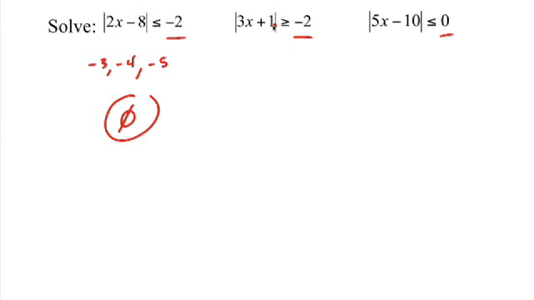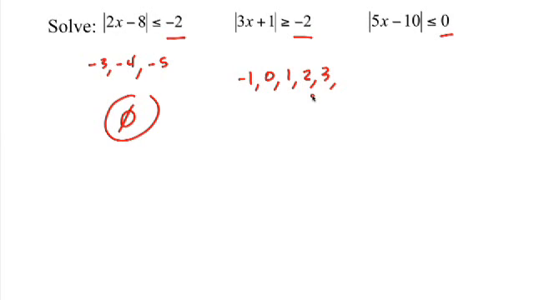Now, in the second one, you say the absolute value greater than or equal to a negative. That means it could equal, now I'm going to write negative 1. We know it can't equal negative 1, but think about all the numbers that follow. And I'm not writing all the decimals either.